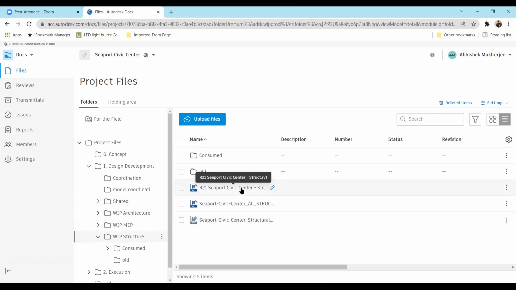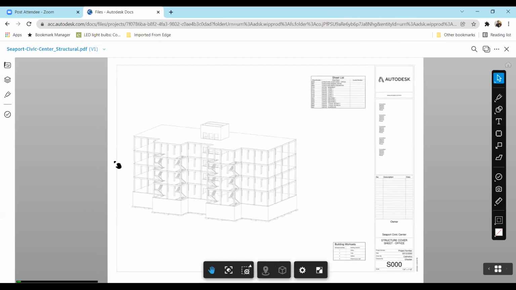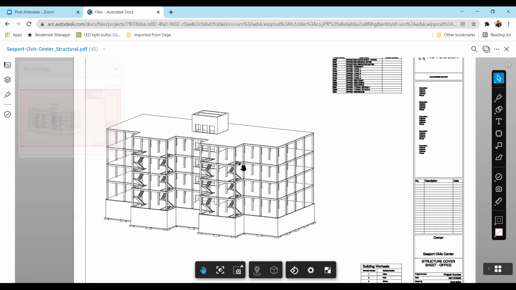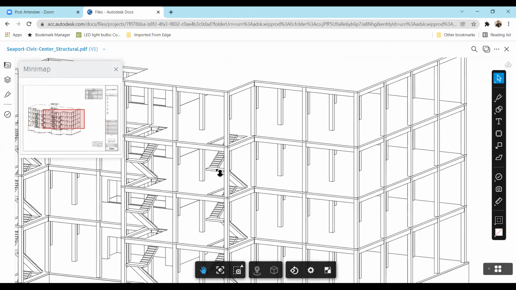So now the structure file also has this thing. I can open up the PDF of this. The PDF will also open up. A good part is that the PDF opens up in any of the drive spaces, and it is connected. That means whatever you do over here, let's say you create an issue, that issue will be logged somewhere. You are able to see it properly, take decisions, and so on.